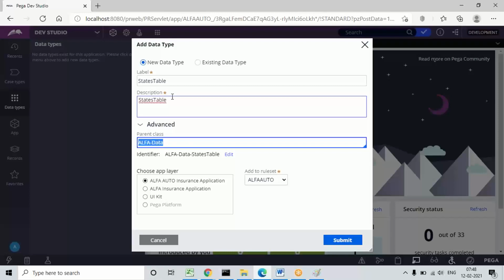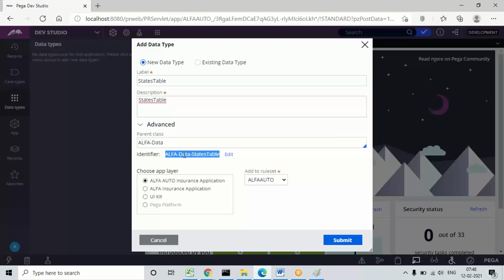Now your table will be created under organizational level. Earlier the parent class was division level, but now after the update it will be created under the organization data layer. Now just give the name, update the parent class to alpha-hyphen data, and click on submit.